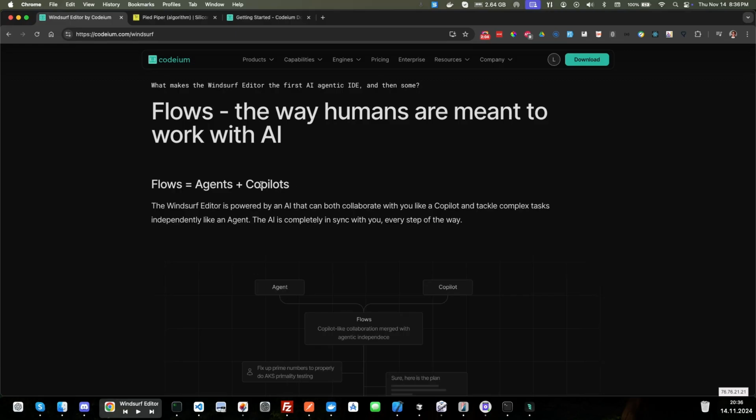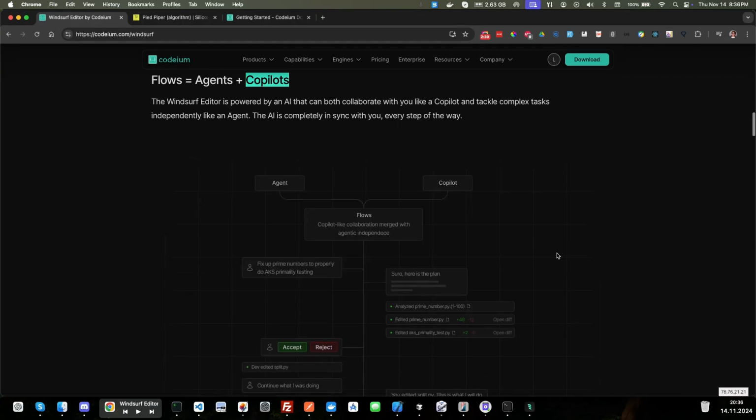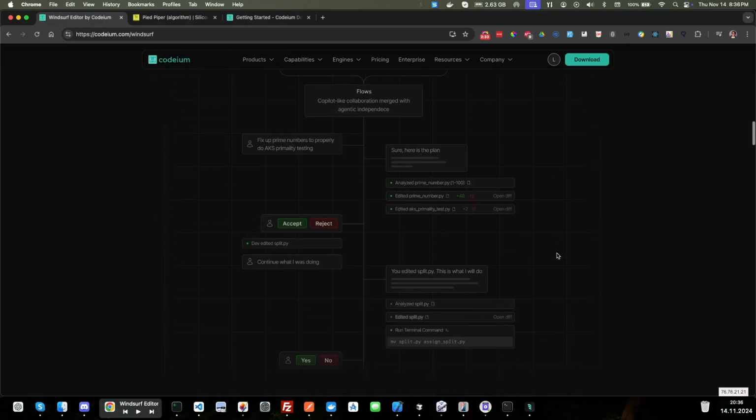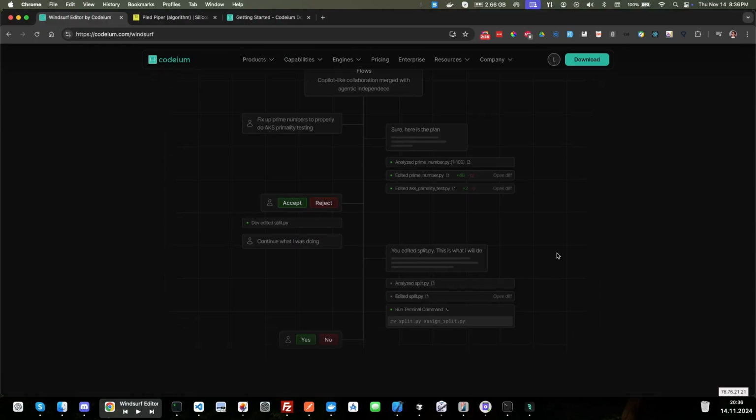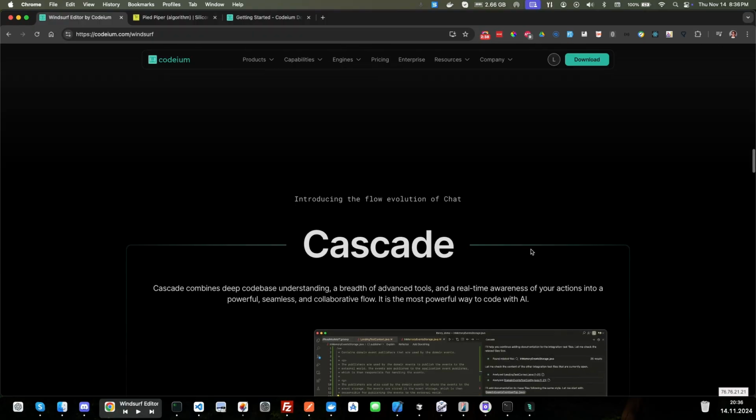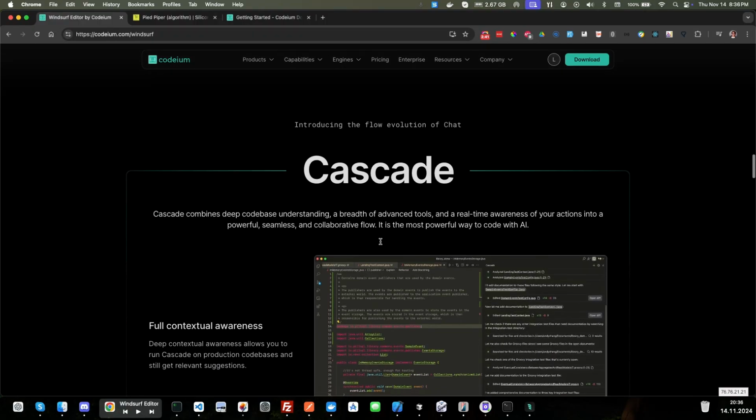Think of copilots as the model that you work with and that interacts with you, and the agents being specialized models that are trained on specialized areas. The copilot is your way of getting these agents to do different things, and you're just communicating with a specific copilot type of agent. Over the next year, that is definitely what's going to become huge, these agents. And so what we're going to be looking at today is Cascade,